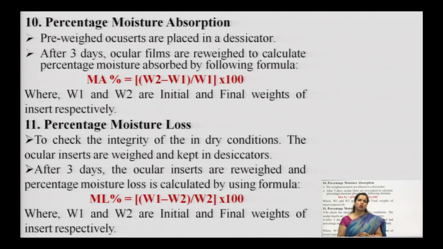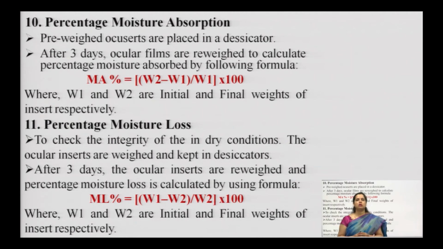Now, next is percentage moisture absorption. Again, very important, it should be optimized within a range. Otherwise, if there is more moisture absorption in any eye preparation or dosage form, it may have a variety of effects on the drug release, or a different drug release profile, and more drug release will be there if more absorption is there, because more absorption means more swelling. If we are targeting that the drug be released in a controlled manner, then we have to check all these percent swelling and moisture absorption percent, right.